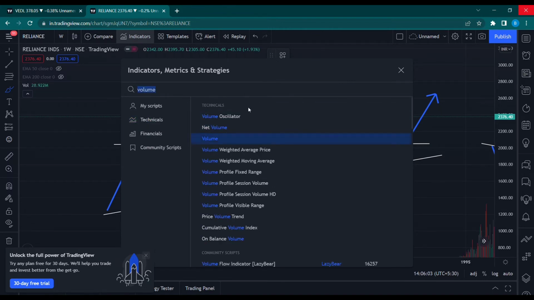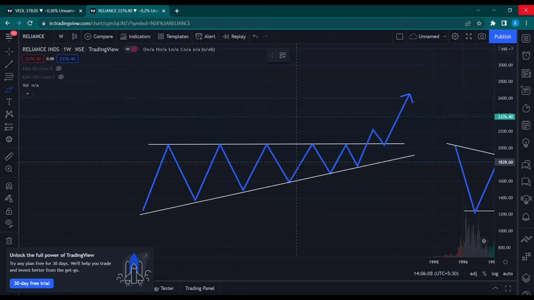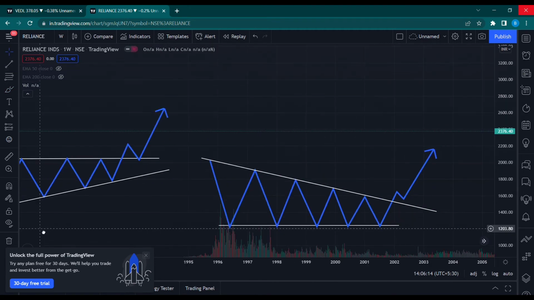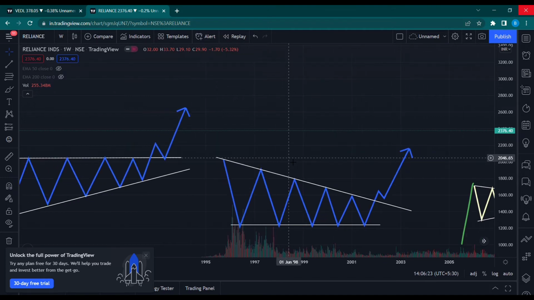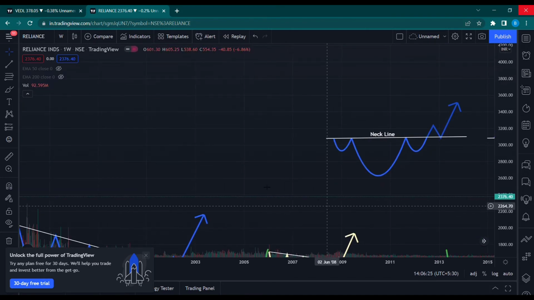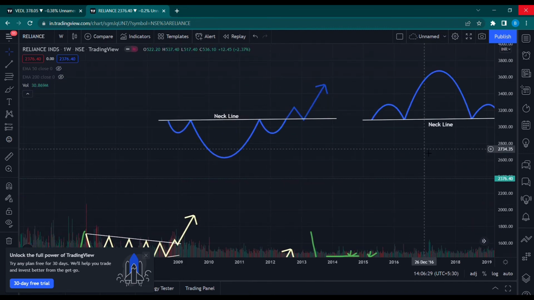Yep, so this is volume, right? So I have the volume also right now. Anyways, I hope you are clear with the basic patterns. We'll come to how to apply them and the relevant questions later, right? Again, ascending triangle, descending triangle and symmetrical triangle, these three are the triangle patterns. And we have these two patterns as well.